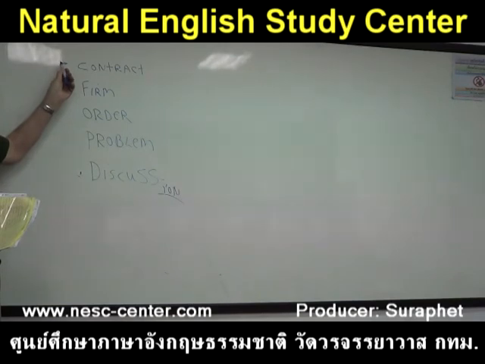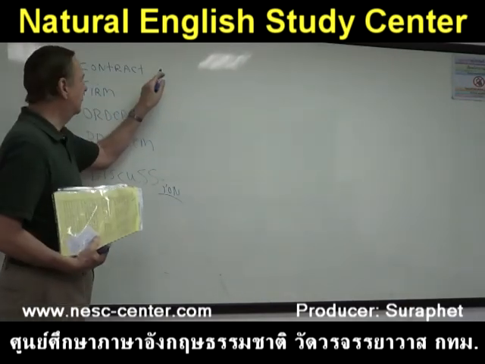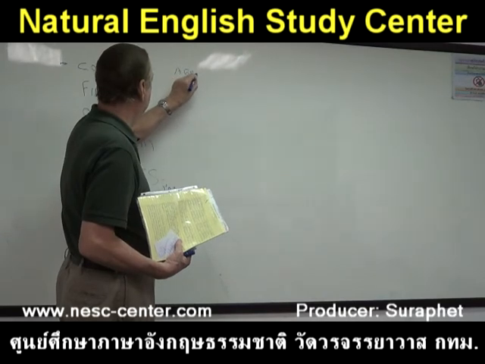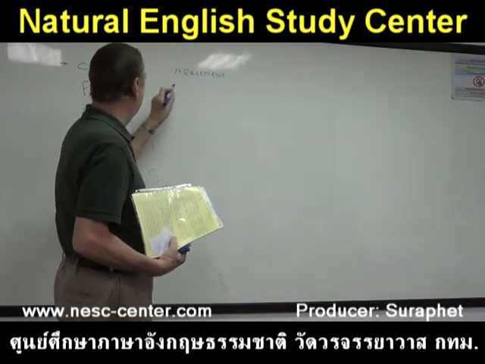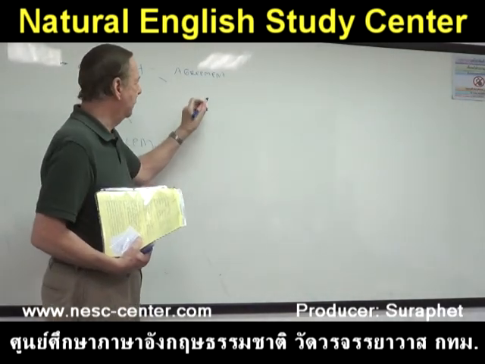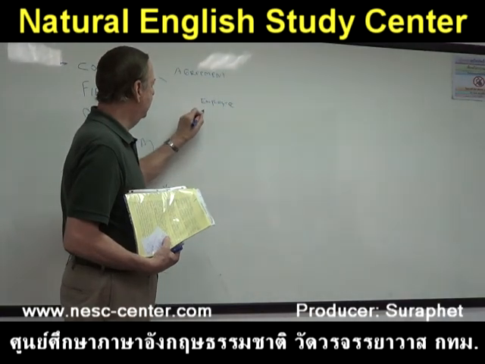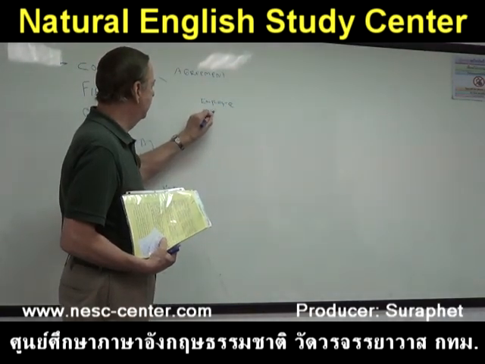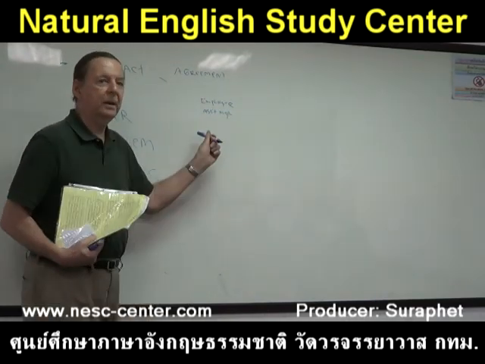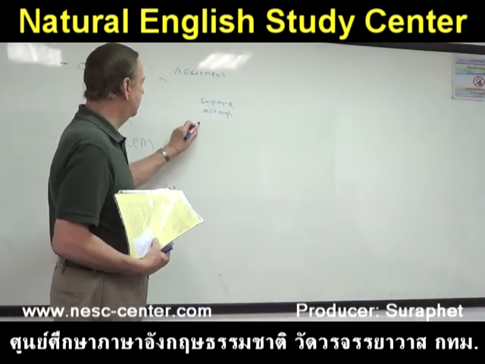Contract. You have a contract. The contract would be basically an agreement. A contract would be, let's say, an agreement between the employer, let's say the bank, and the assistant manager when they hire him. He signed a contract. They agreed to do certain things, and he agreed to do certain things, and they have a signed